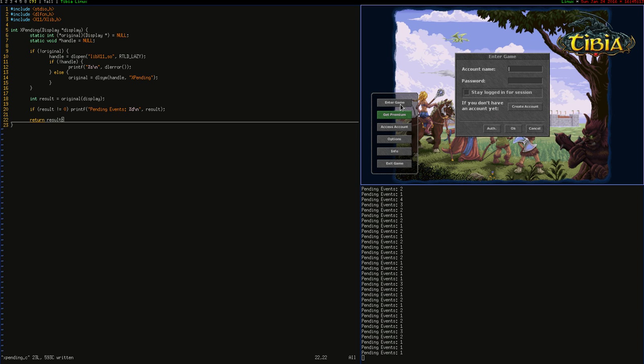We could write our own versions of other functions to actually see or modify the events, but what's actually much more useful here is that once we're in the address space of Tibia, we can actually go poke around and call the functions that the Tibia client itself implements or defines. And what's even better is that because XPending is going to be called at the top of the event loop each time, it also means